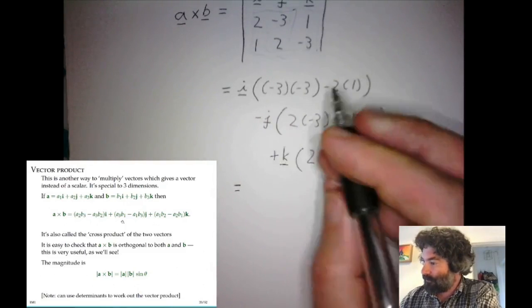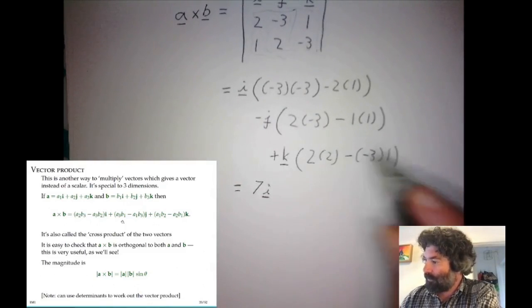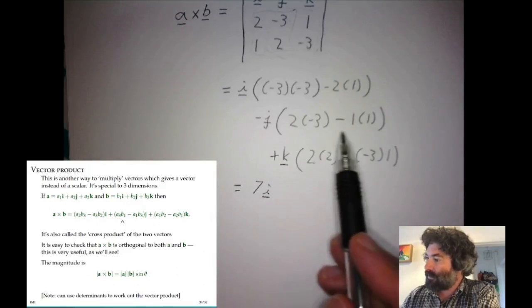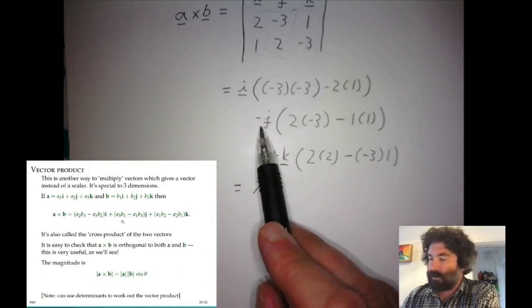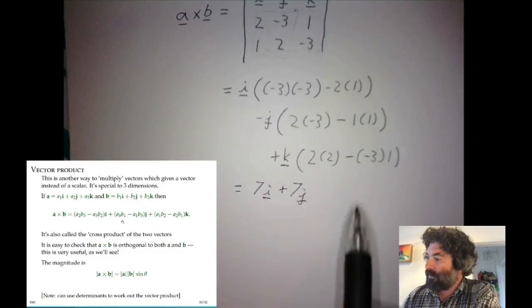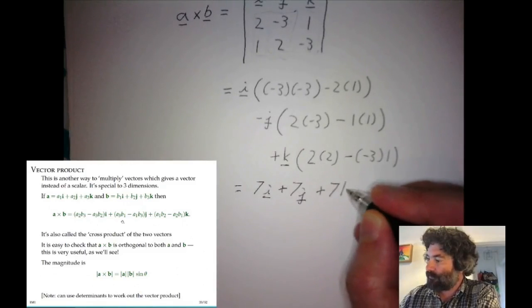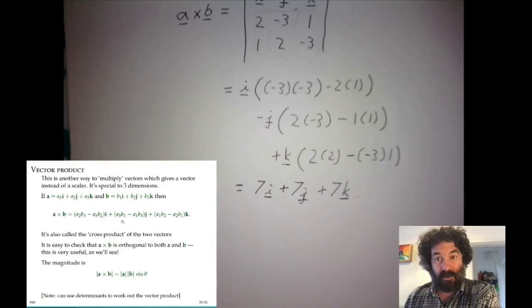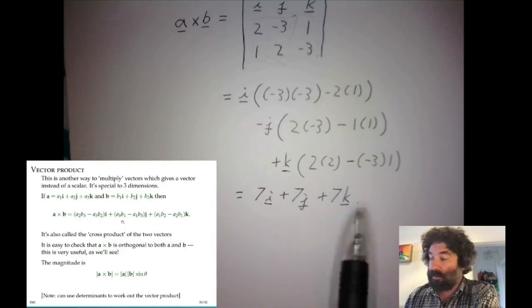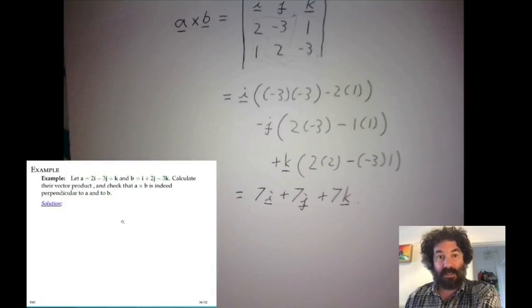We have 9 minus 2, so 7i, and then we have -6 minus 1, so that's -7, but then there's another minus here, so that's plus 7j. And then we have 4 plus 3, so that's plus 7 times k. Okay, so the cross product of these two vectors is the vector that just has 7s as all three of the entries. Now the exercise, the example, also asked us to check that this vector is orthogonal to both A